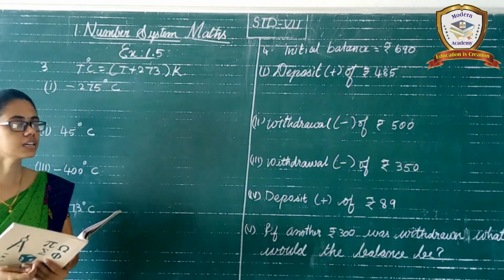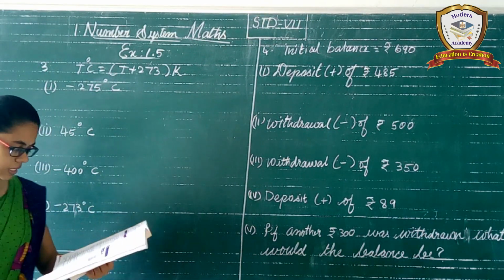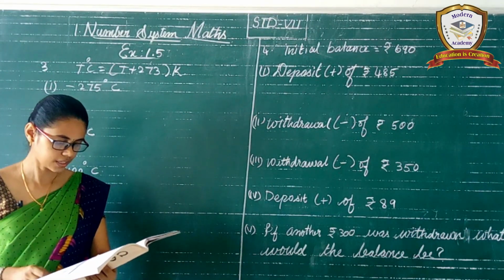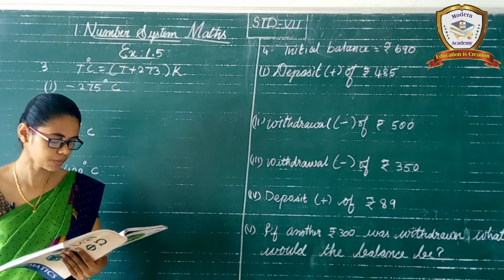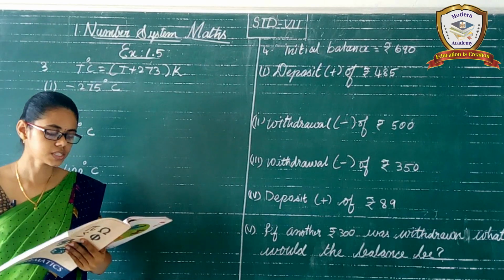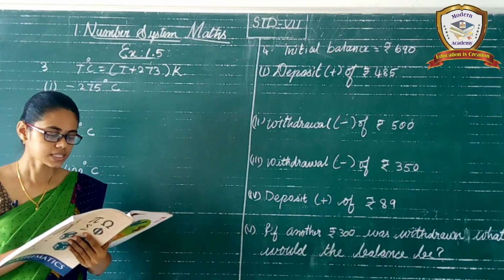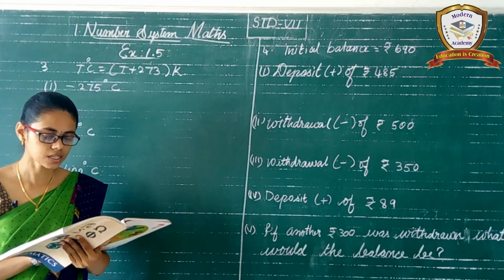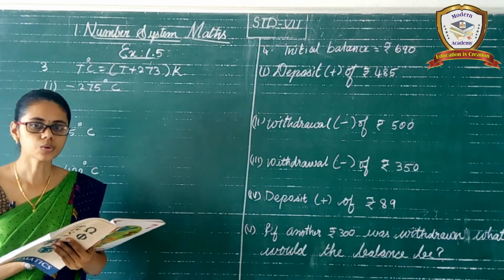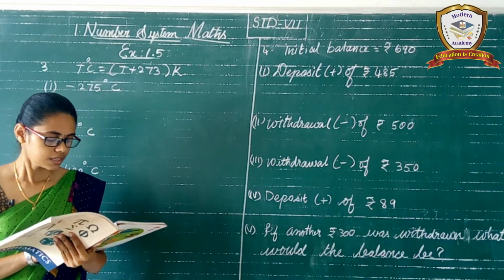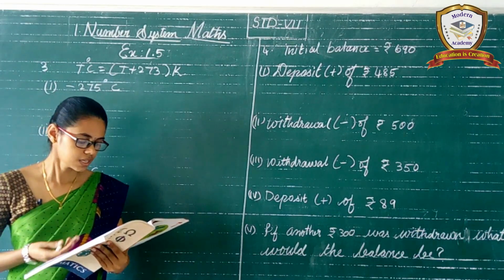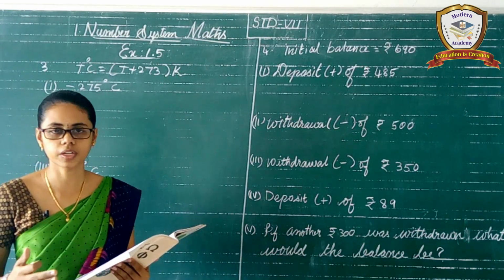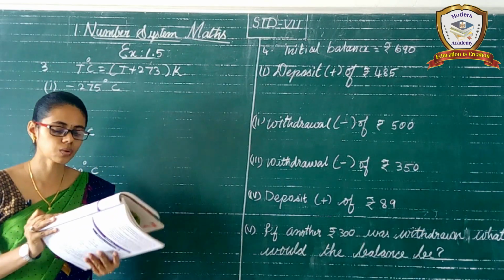Okay. Next, see the third round letter. See in your book page number 28. So all of you take the book page number 28. See the third question. Scientists use the Kelvin scale K as an alternative temperature scale to degrees Celsius by the relations. One relation is given, which means Celsius convert to Kelvin.